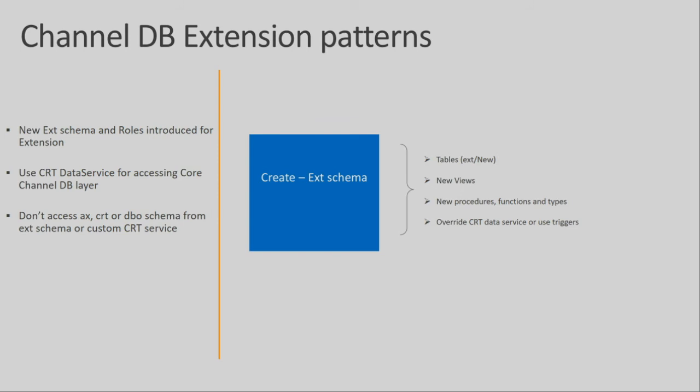That's why we exposed everything as a CRT data service, because the service is nothing but just going to return a contract saying these are the list of information. We added backward compatibility, to make sure our contract doesn't change going forward in the future. So any extension you do, you should do it at the CRT. If you're calling something of ours, you should call it from the CRT data service. And if you're doing something new, you should do it from the EXT schema.